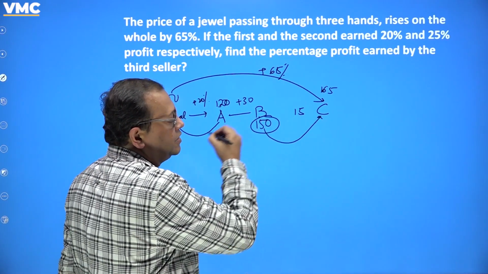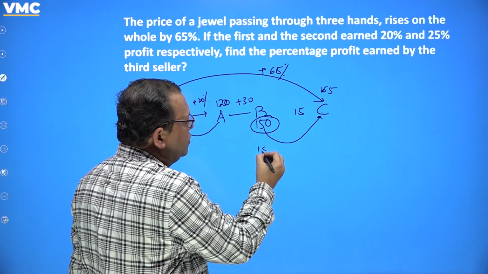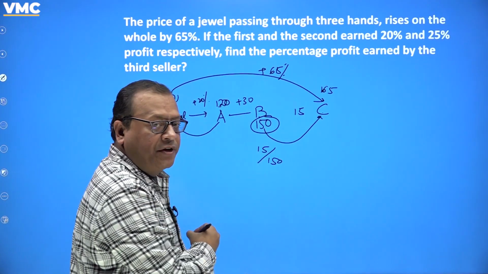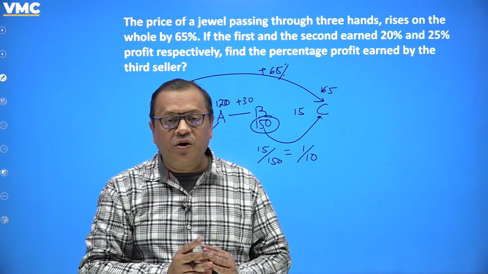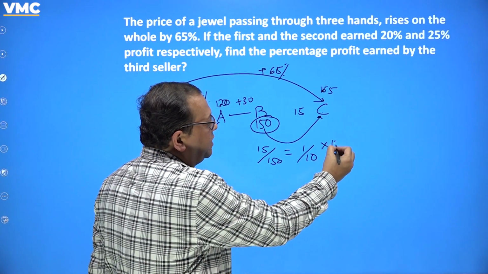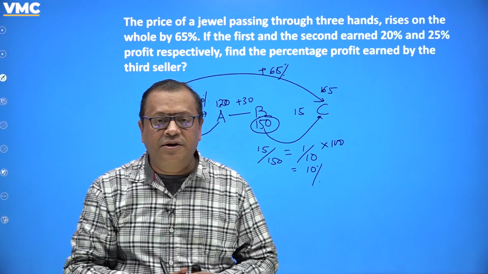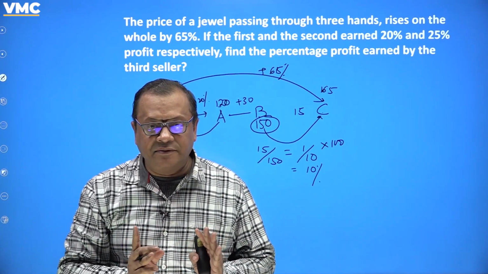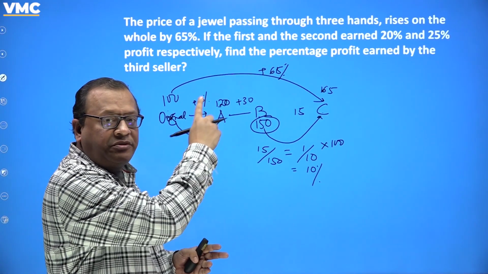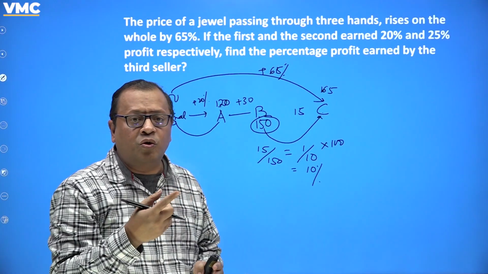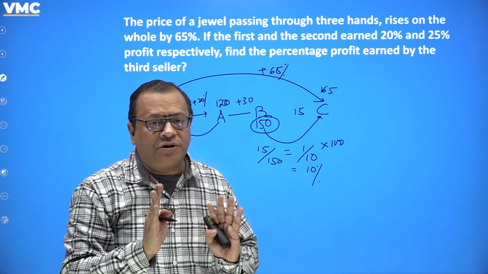On what? What is the base? Base is 150. So what is the percentage profit earned by the third seller? It is 15 over 150. What is 15 over 150? In fraction it is 1 over 10. What is 1 over 10? 1 over 10 multiplied by 100 is 10%. So the percentage profit earned by the third seller is 10%. Clear or not? Again, I took 100 as the original and raised accordingly. There is a formula also, but I don't want to go too much into the formula. You just have to follow the practical aspect and you will get the question very easily. Okay,